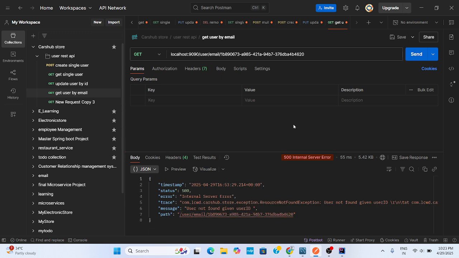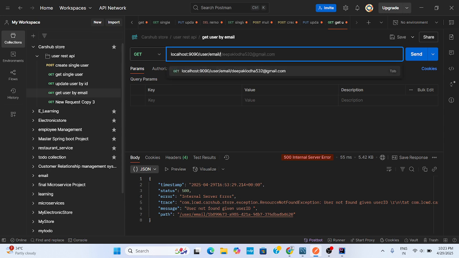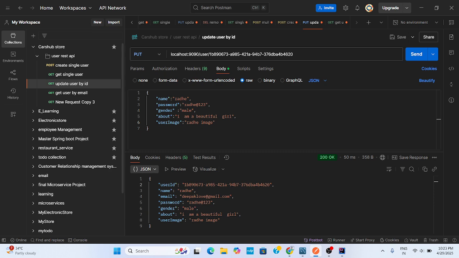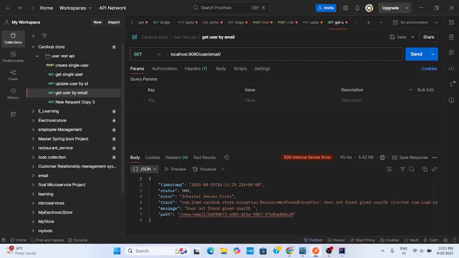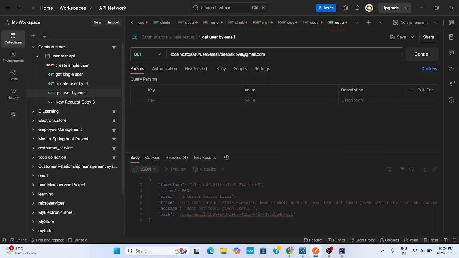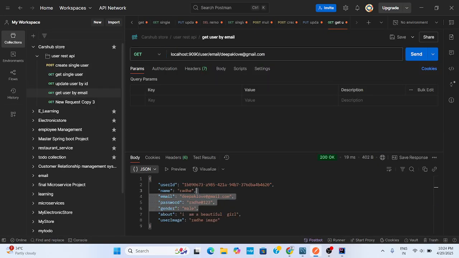An error comes up: this is not an email, this is the user ID. So I will use the email instead. Now this is working properly.